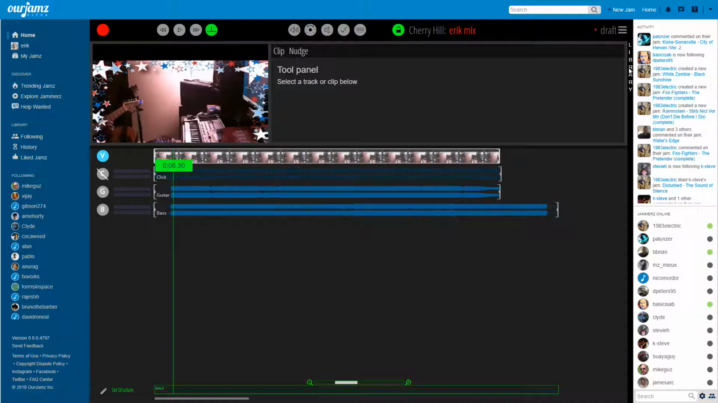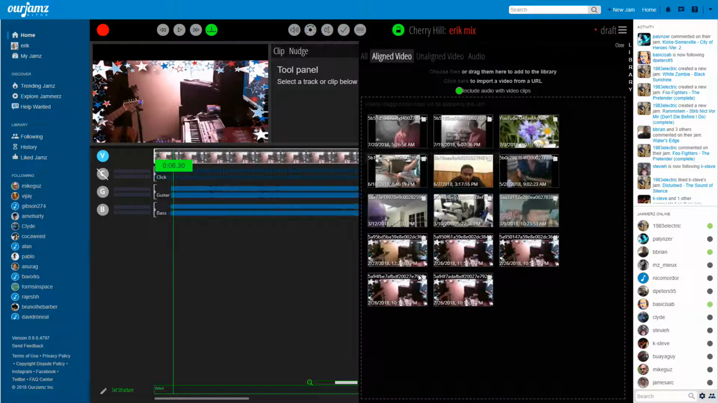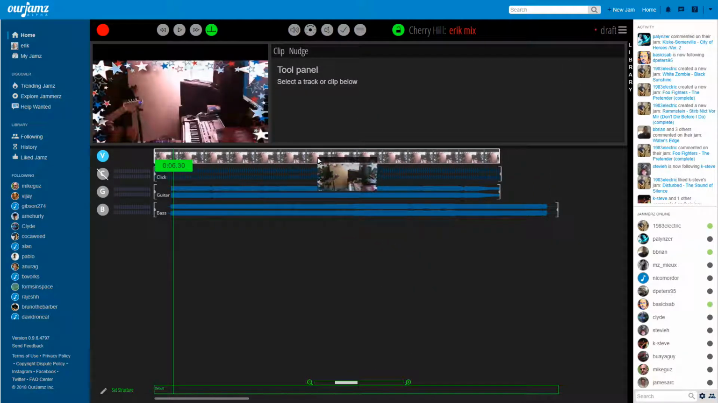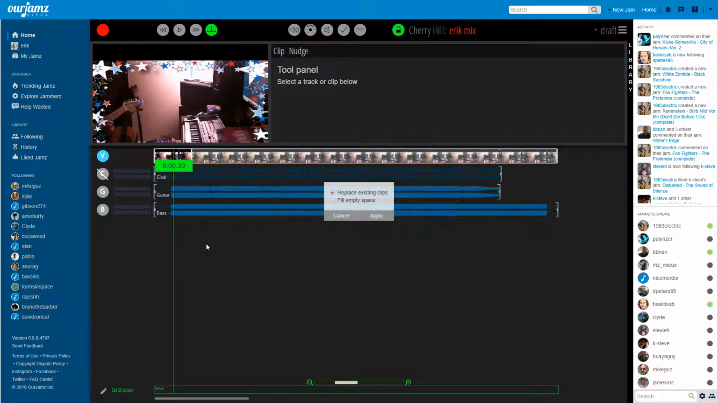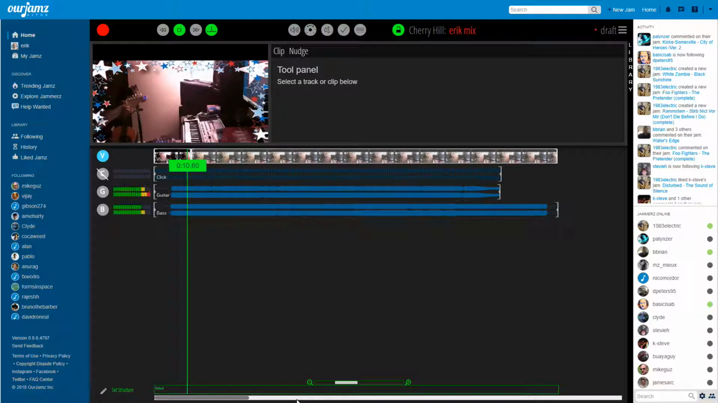Now if I want to take another video, let's pick the bass here. I can drag this over, and now I can decide where I want to drop this down. So I can put it over here somewhere, and then it'll go from that point forward, and it'll ask you, do you want to replace those existing clips or fill in the empty space? We didn't have any empty space, so there's nothing to do that with. So we'll hit apply, and what that does now is at this point in time right here, it'll switch from guitar to bass on the video. So if we watch, okay,